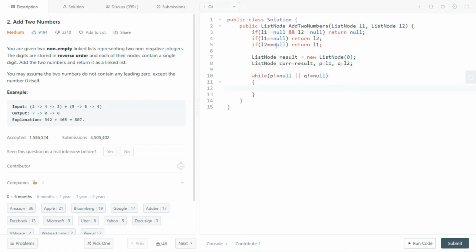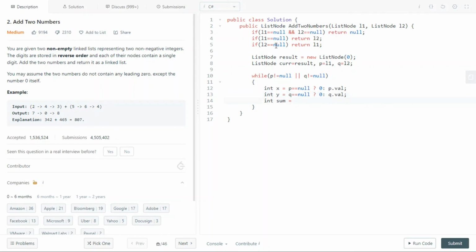Okay, so as we discussed, the sum is going to be: integer x equal to p is equal to null, in this case I'm taking 0, or else p dot value; integer y equal to q is equal to null, it's 0, or else q dot value.